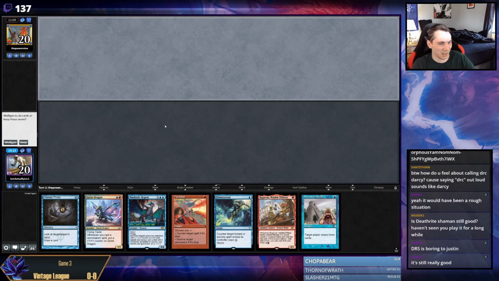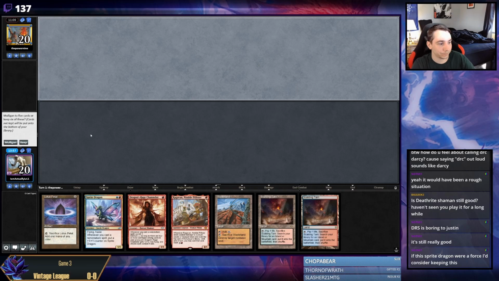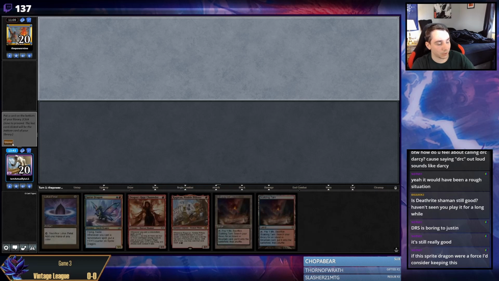Man, I want to keep this hand, but I think it's bad. If one of these was a Force, I would definitely consider keeping it. But because nothing is free, I think it's not good enough. I mean, I don't think this hand is much better, but it at least casts the spells that are in it. I don't really think I'm allowed to mulligan this one, so...